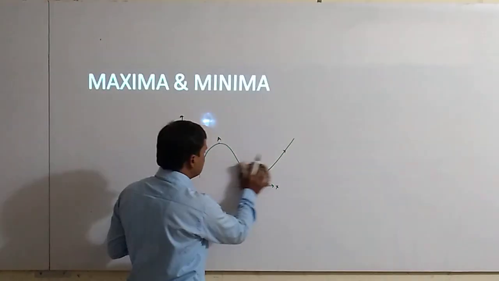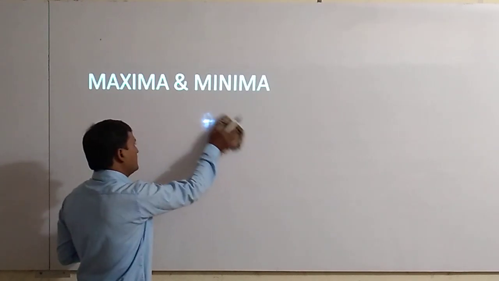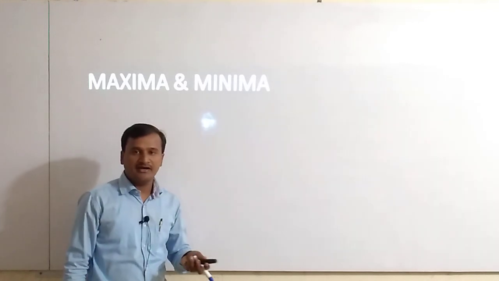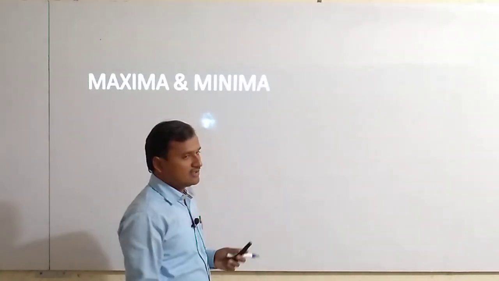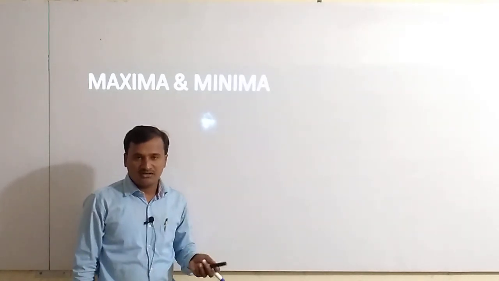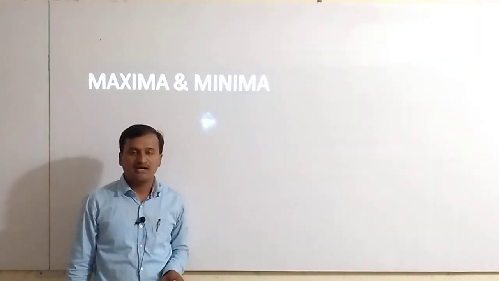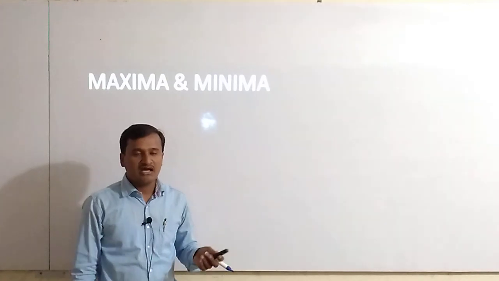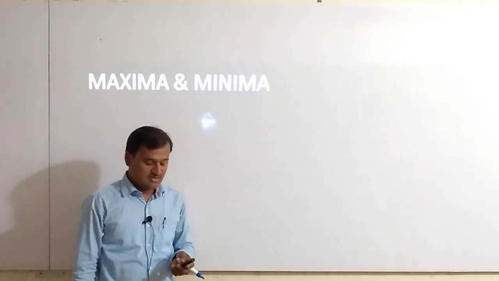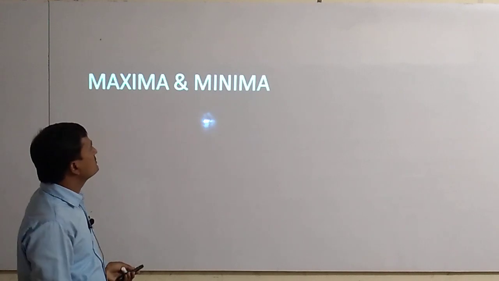So now let us discuss how we say the mathematical definition for maxima and minima. So in this topic, first we will study maxima and minima. After that we will study local maxima and local minima. After that we will study what is meant by absolute maxima and absolute minima. Now we will study one by one. So in that, first I will define maxima, right?